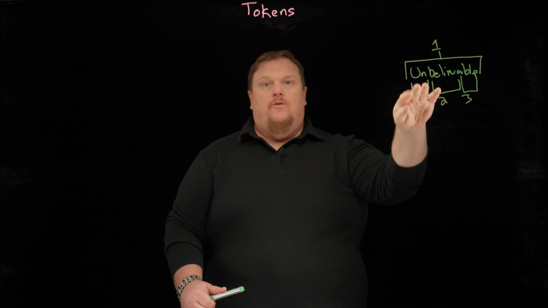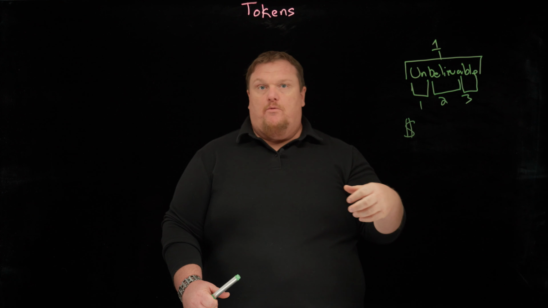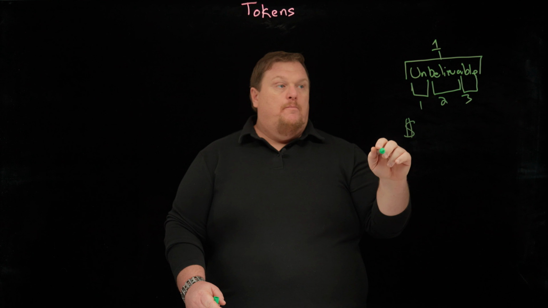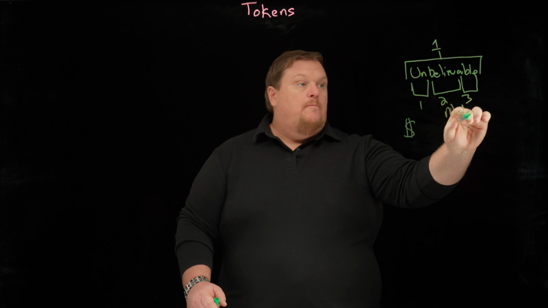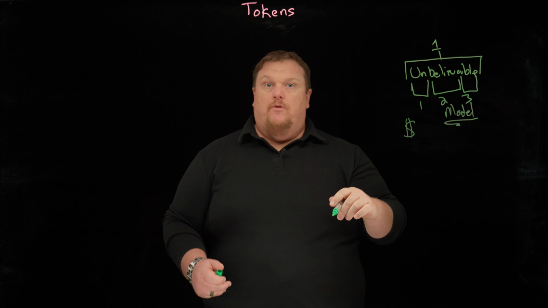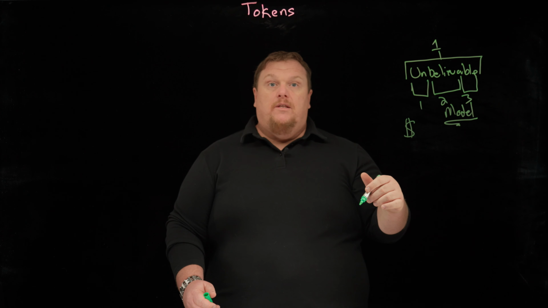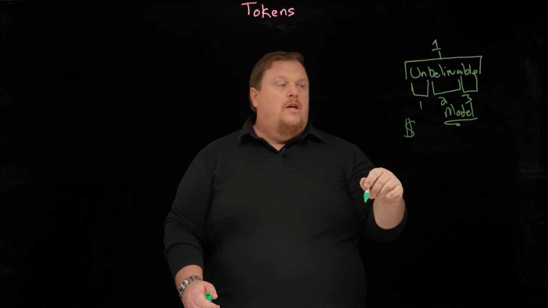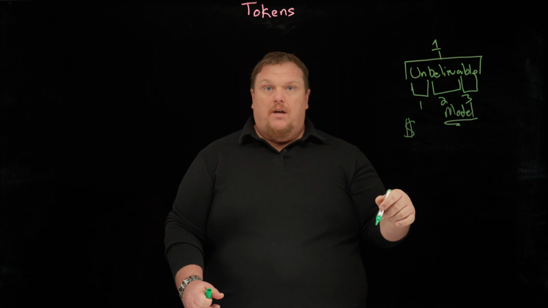So where do tokens matter to us? One of the places it matters is in money. When you use an LLM, whether you're at a company and you're like, hey, we're going to buy AI, we're going to get IBM's Granite or Claude from Anthropic, ChatGPT, whatever it is, they're going to charge you based on, first, the model that you're using. Different models have different skills. Some models may be really good at fast processing, simple tasks. You don't want to pay for a really expensive model to do that.